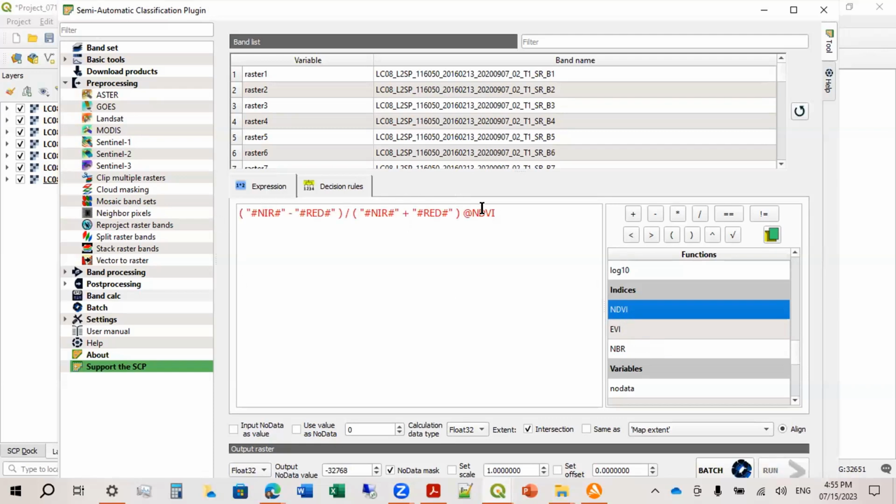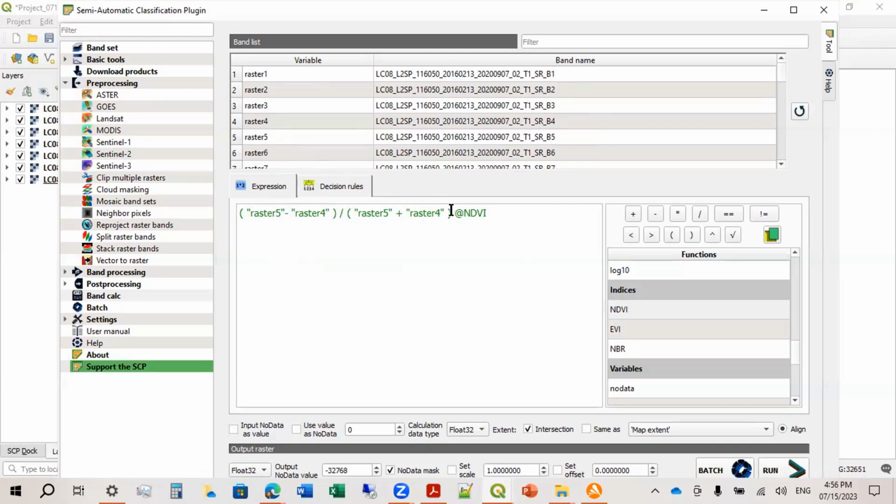So ito na siya. And then we just change yung NI ito to the variable corresponding to the band name. Okay, so band 5, this is band 5 minus band 4. Okay, kasi near infrared B5 and then red is B4. Okay, so you just highlight this and then double click raster 5 to change. And then this is raster 4. And then this is raster 5 again. And this is raster 4.